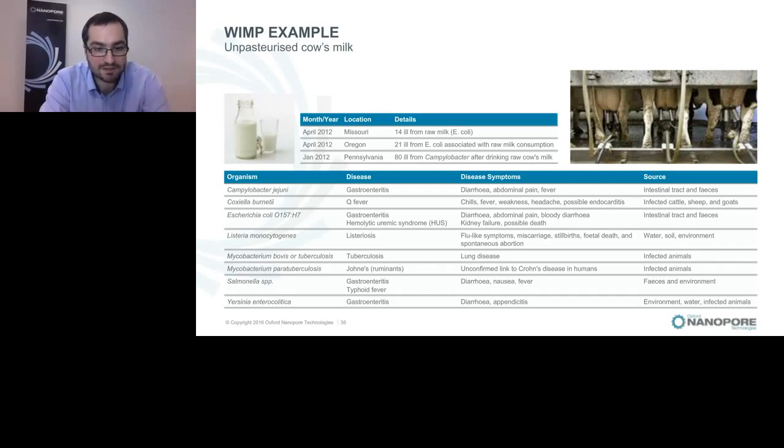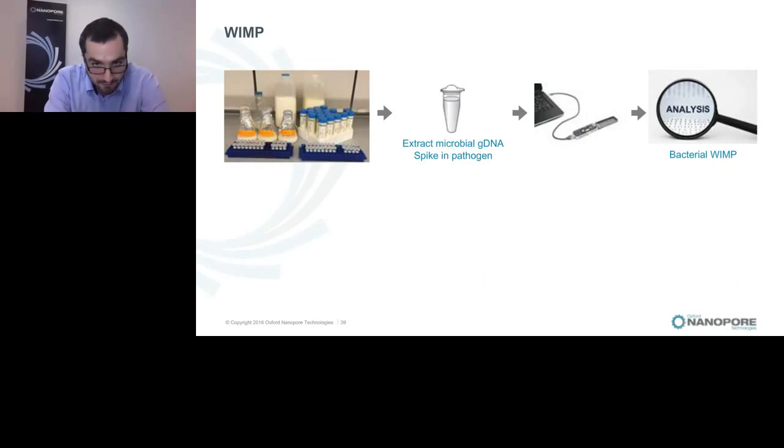The table below lists some of the pathogens commonly found in unpasteurized milk. Some pretty nasty stuff in there, Listeria and E. coli and so on. So we took some raw cow's milk and we left it on the bench for a few days at room temperature to let the stuff grow in it, and then extracted the DNA. And to make absolutely sure that we would have something to see, we spiked in some Listeria DNA into the cow's milk, and then we did the library prep and the sequencing